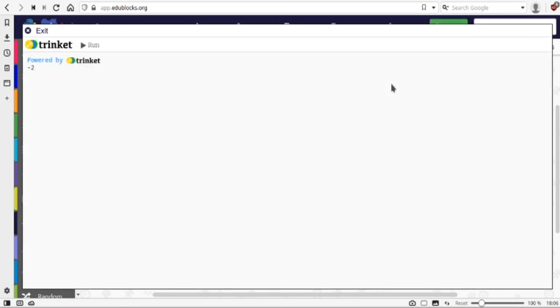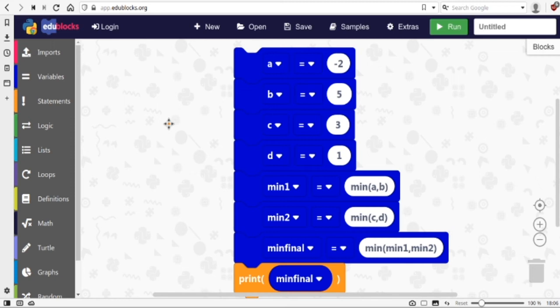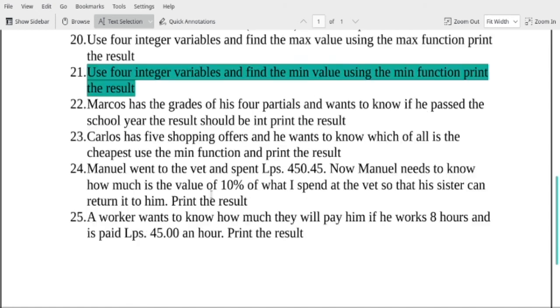And you're going to see the main value that the 4 variables have. Which one is the main value? Okay. Now, over here,